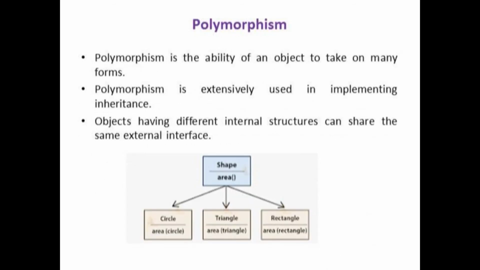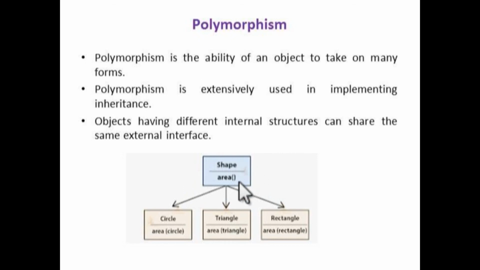The next concept is polymorphism. Polymorphism means the ability to take many forms. That is, an operation may exhibit different behavior in different instances, and the behavior depends on the type of data provided. For example, you are going to perform some operation. If you give two integer values, it provides the sum of the two numbers. But if you provide two strings, it shows the concatenation of the two strings. So depending upon the data, its behavior is different. It is mainly useful for implementing inheritance. Here we can take an example.